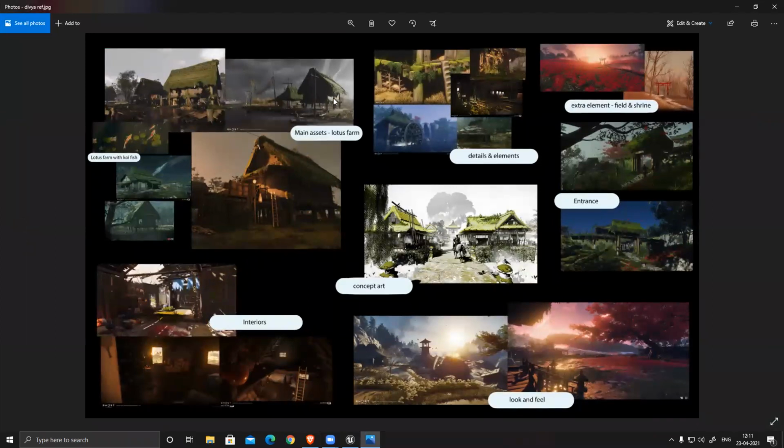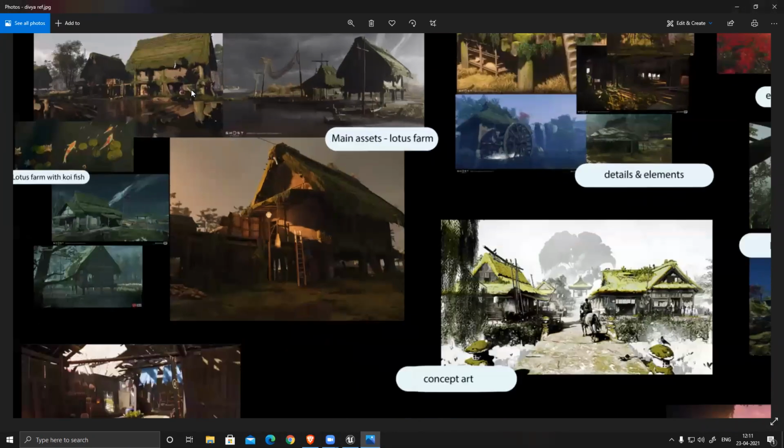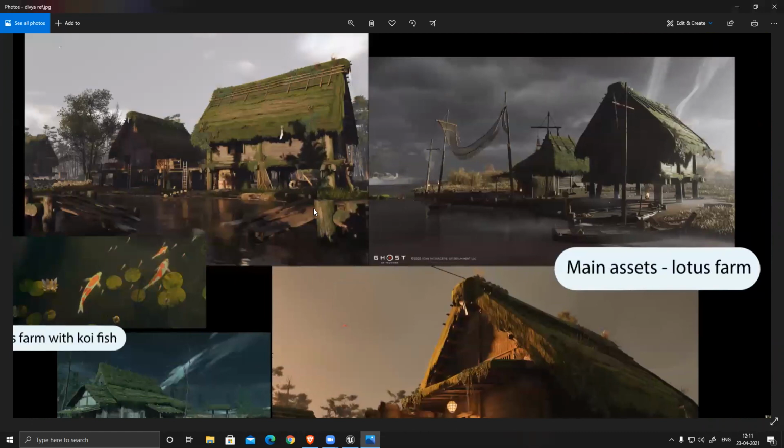So this one is your main reference, right? Yes, sir. So in this, let's see, we have a lot of wooden logs. So this can be modular easily. Yes, and sir, the hut itself is a bit confusing.